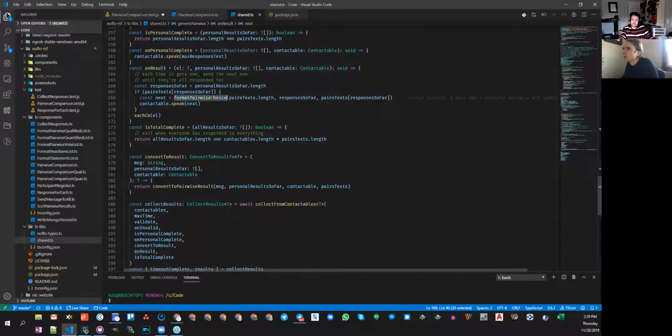So the way that I would refactor this just a little bit, the thing towards the end where it says pairs texts responses so far, I would take it out from that function call and declare it as a new variable directly above this one, because it kind of is the one where you pick from the list of pairs which one is the next one to format and then to send them.